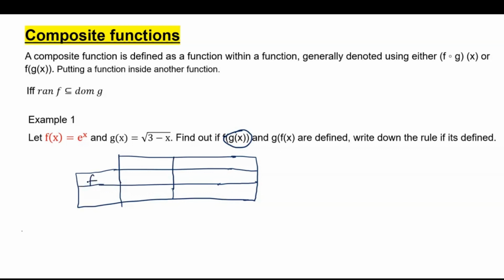And let's say this is f of x, and this is the domain and range, and this is my g of x. So if I give it a quick sketch of each of these,